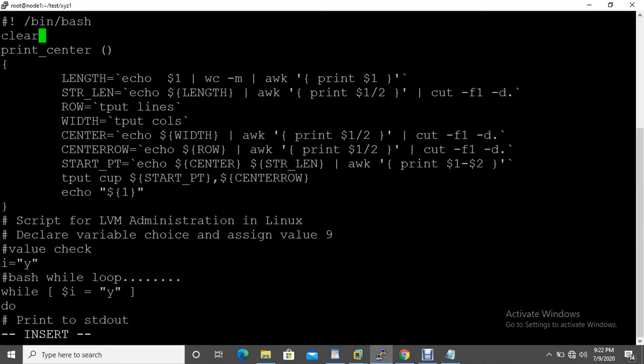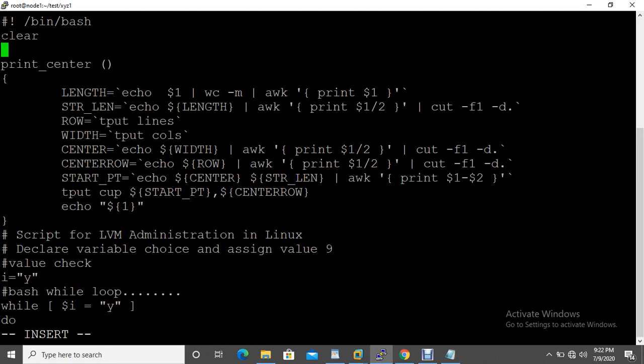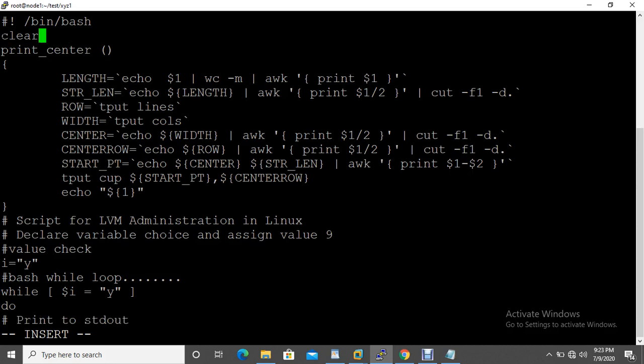If you are a programmer and you want to add a new line, you go and press the O button. O means open a new line and go to insert mode. So O does two things: it goes to a new line in insert mode, so you can type whatever you want in the new line. Then after you make your changes, you have to come out to escape mode. See, in escape mode.